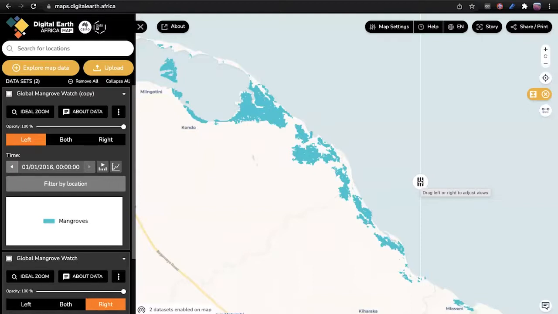But currently, this tool doesn't actually help us to quantify the amount of mangrove forest that has been lost. So if you want to do the quantification, how can we do that? That's where the sandbox actually comes in. Before I move on to the sandbox,